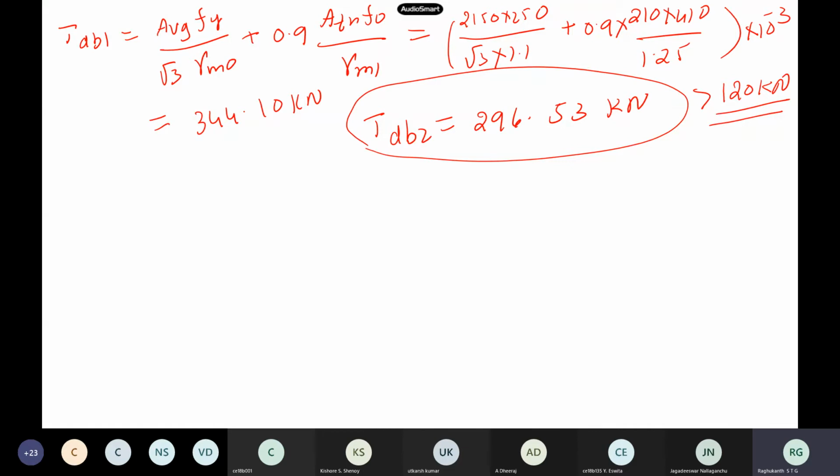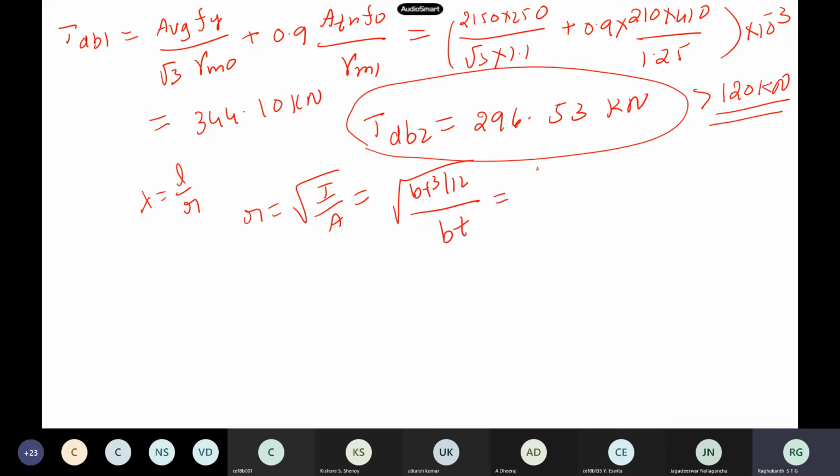Last one is the slenderness ratio. Excellent. So you have to find out L by r. So r is the radius of gyration, square root of I by A. This is a rectangular flat. So for a rectangular flat, what is the moment of inertia? B is the width and T is the thickness, say. For a rectangle, what is the moment of inertia formula? You know, BD cube by 12. You remember, right? So BT cube by 12. And area is anyway BT.